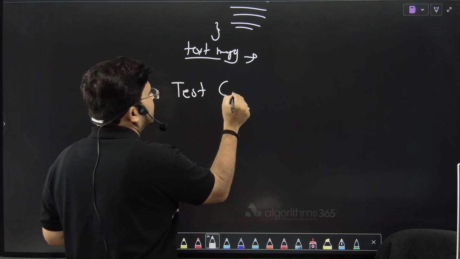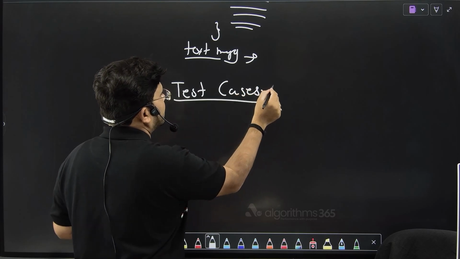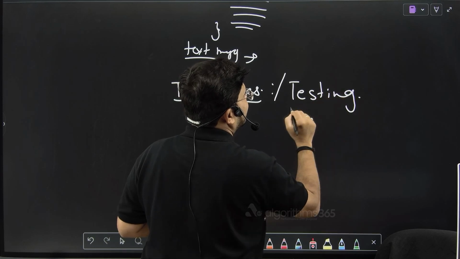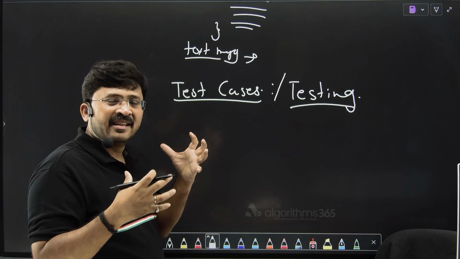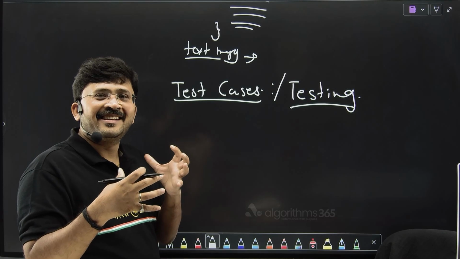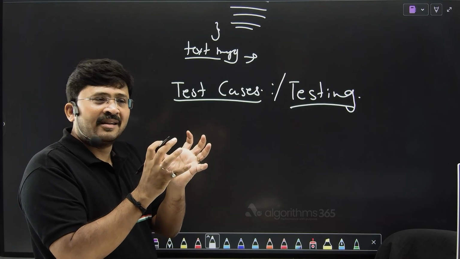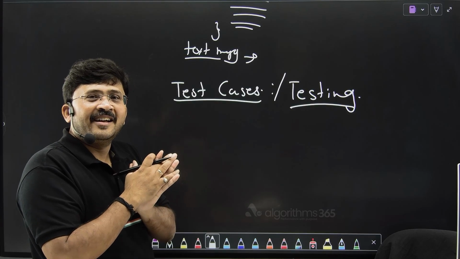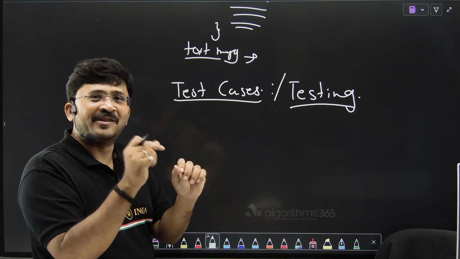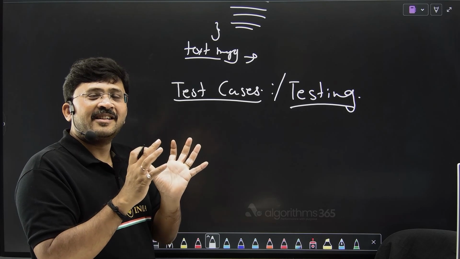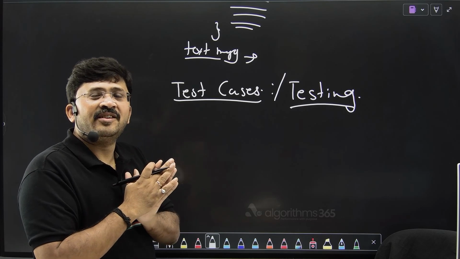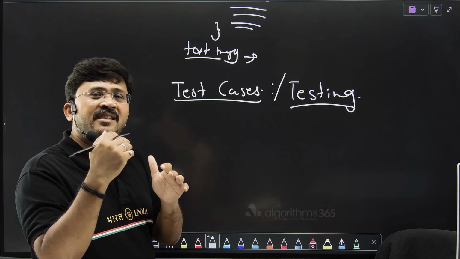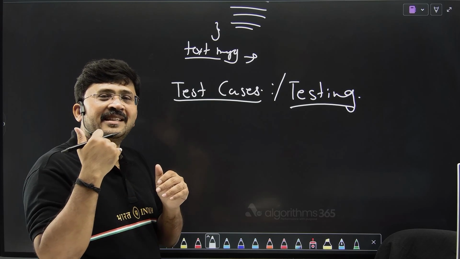For this, there is something called testing. Generally, when you become a programmer, you start treating your program like a fragile glass jar, where you write the code and only give the input for which it will work. Instead of that, you should think of it as someone else's glass jar that you are supposed to break. So you have to think with that negative thought, with an attacker or a